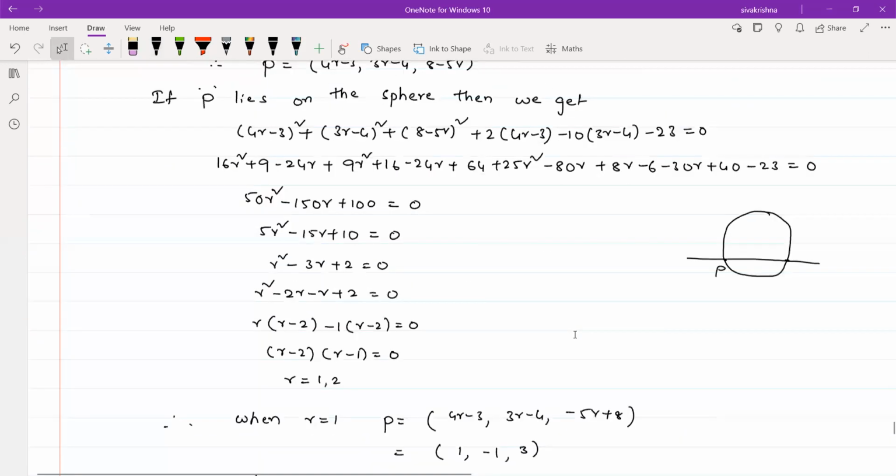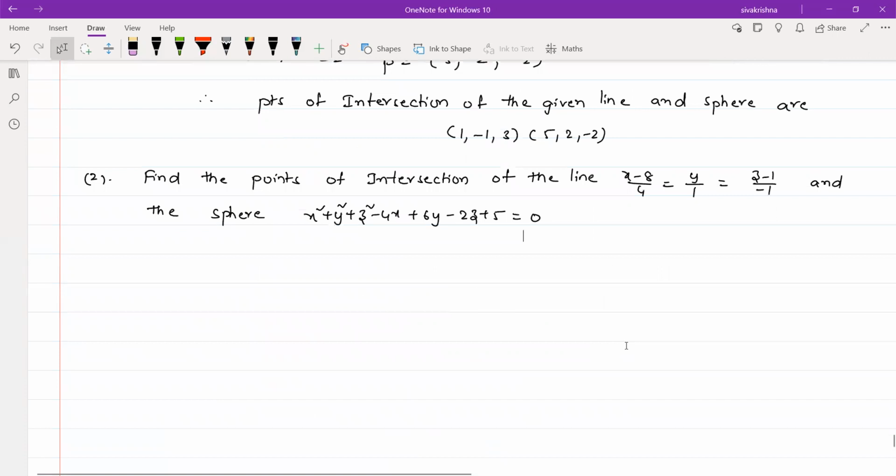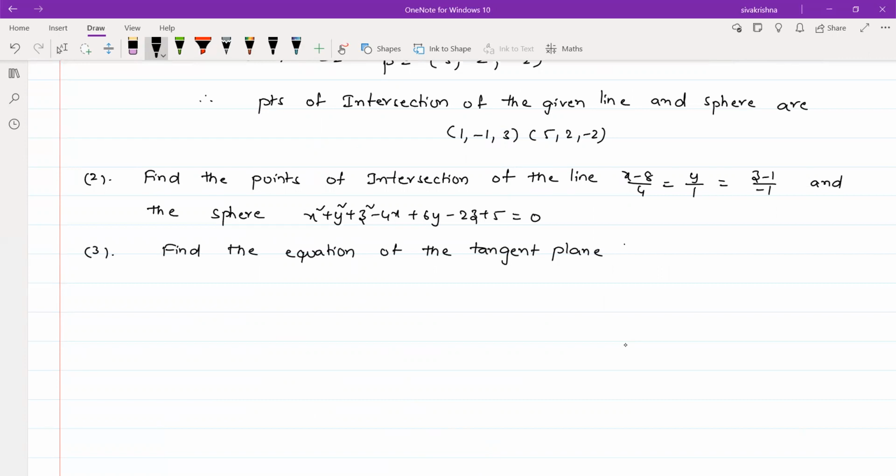Based on that note point, I am going to do one more problem. Find the equation of the tangent plane to the sphere